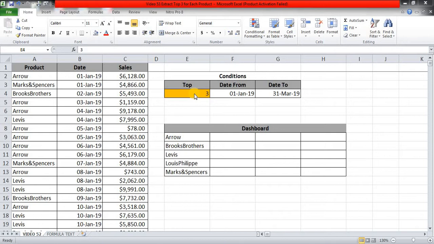In today's video, our goal is to extract the top 3 values for each of these products. These are the products. Given 3 constraints: the K value, that is whether we want top 3 or top 2 or first top, and the second constraint is from date and to date. So this is my database, which is a daily sales report, and those sales have to fall between these two dates. So these are the constraints that we have.